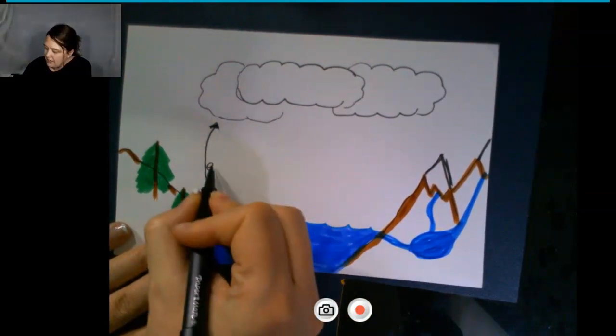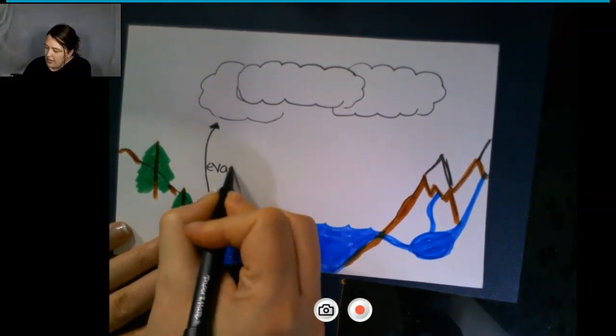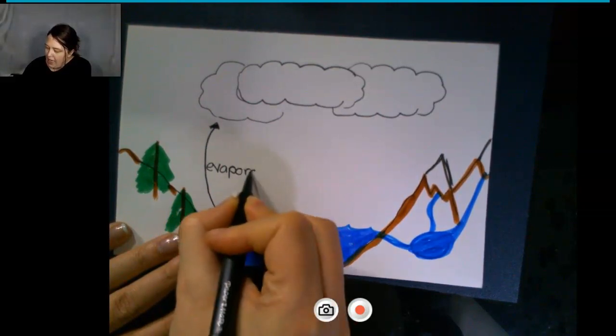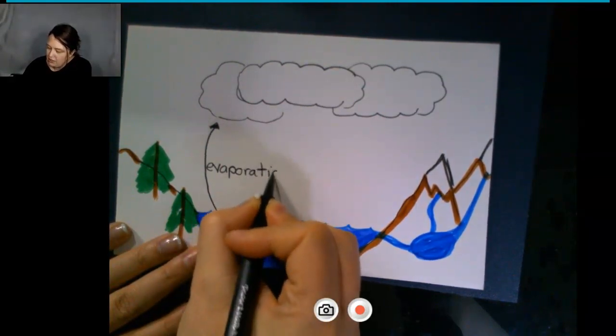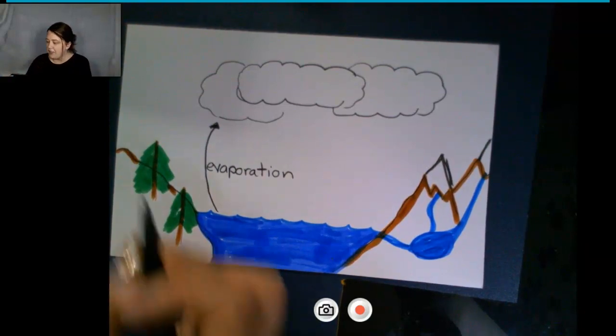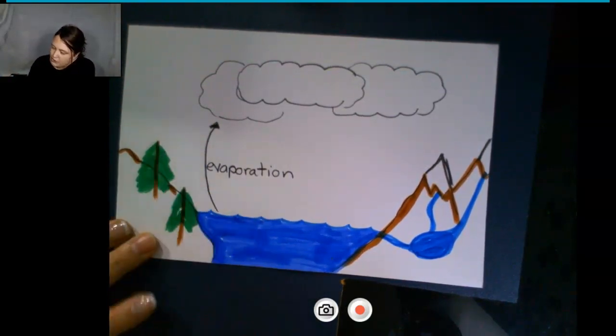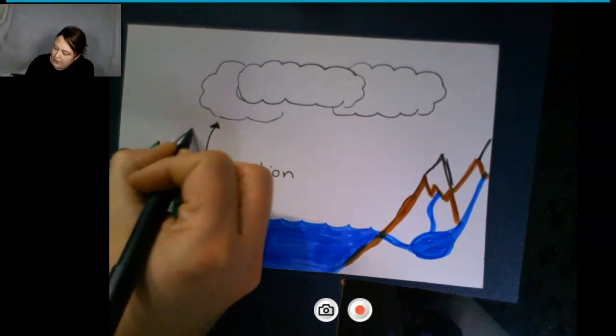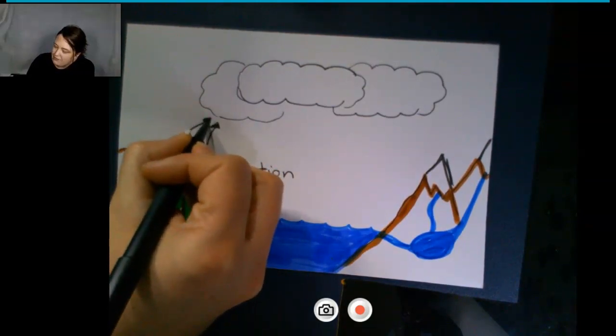So evaporation. Basically, evaporation is the water molecules heating up to a certain temperature and it becomes a vapor and it rises up into the atmosphere. Another one, and I'm going to draw it from my trees over here up to the same area, is called